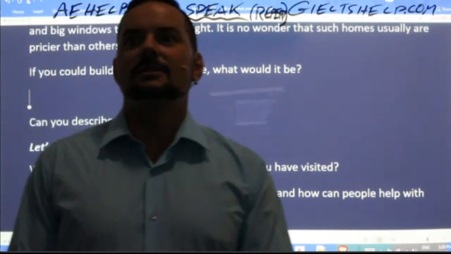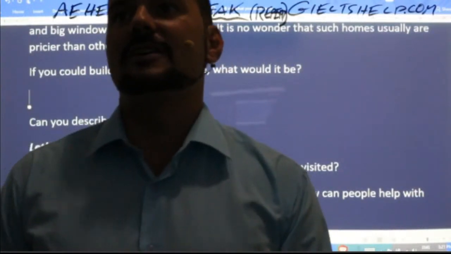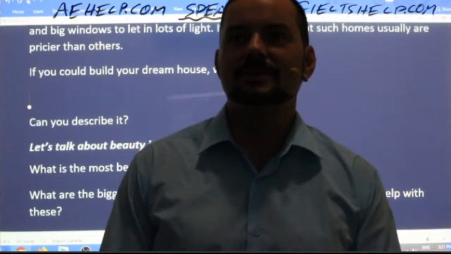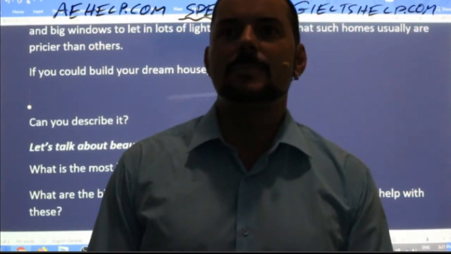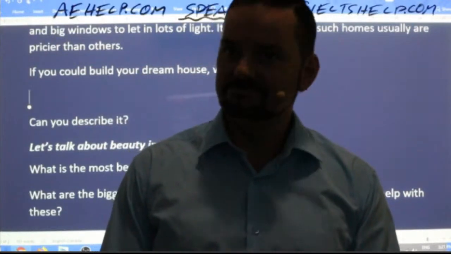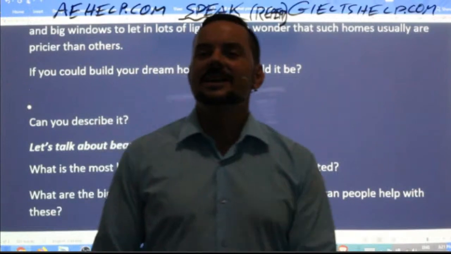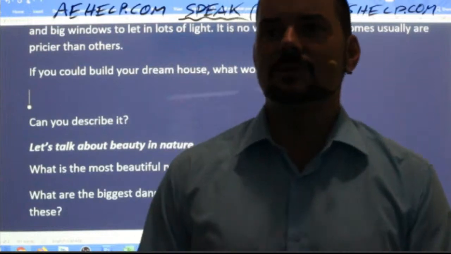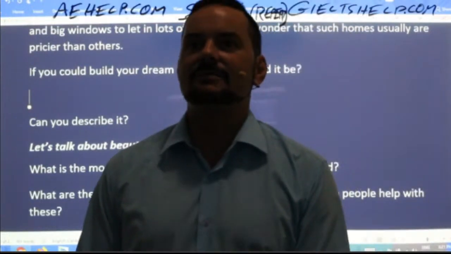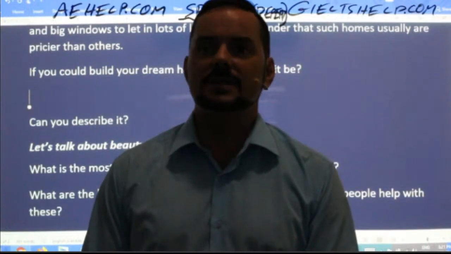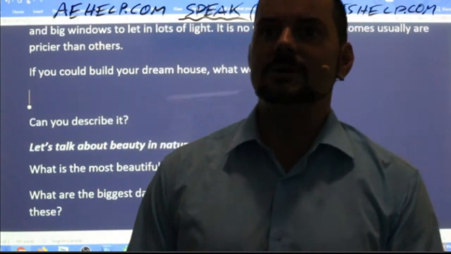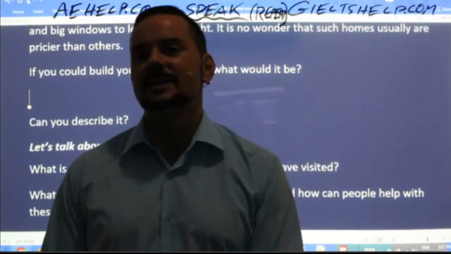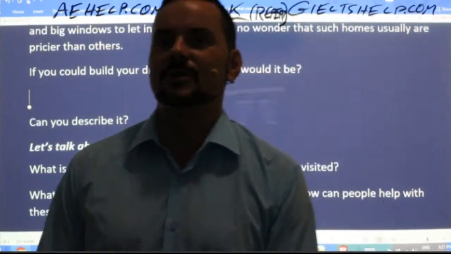Amanjot says, well, my dream house includes a 3-story building with 5 bedrooms along with a beautiful kitchen. Moreover, it not only includes a big swimming pool with a gym, but also an eco-friendly park along with a garage. Sounds good. An says, given the chance to live in my dream home, I would like it to be extremely spacious with 4 bedrooms and east facing to have most sunlight most of the day. Enjoying the brightest house has always been my dream. I'm sure you'll get there one day, An. You're very studious. You're regularly in these classes, and I bet that one day you will have your dream home. Okay.